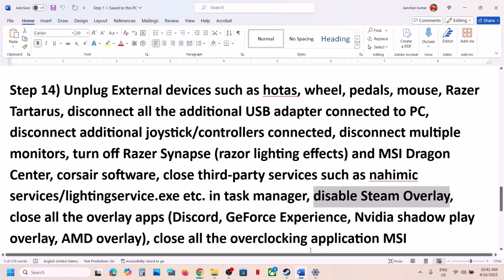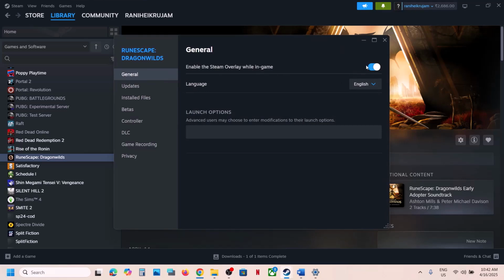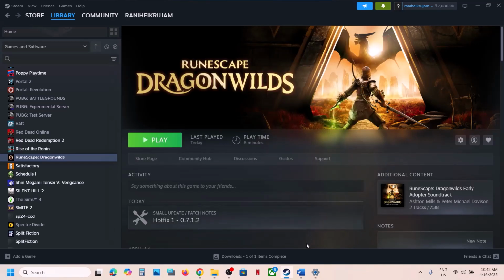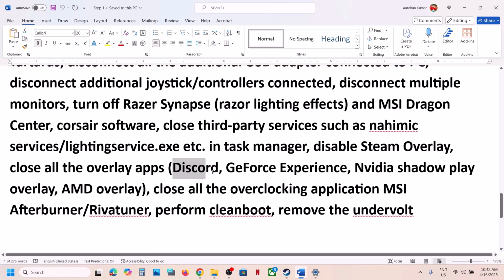Disable Steam overlay. For this, you can go to Steam, right-click on the game, select Properties, go to General, and turn off the option which says enable the Steam overlay while in game, and then launch the game. If you have any other overlay application like Discord running, go to Discord settings, turn off overlay in